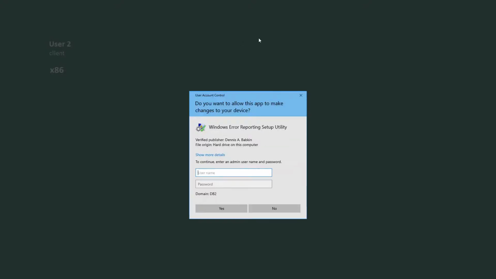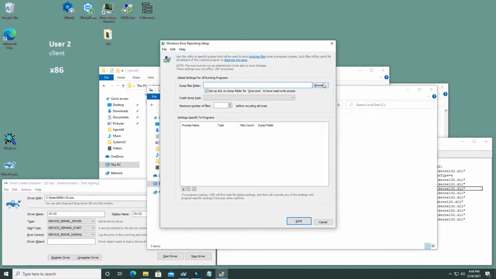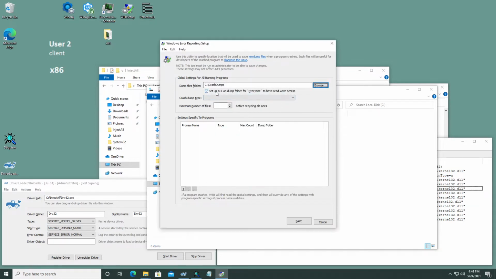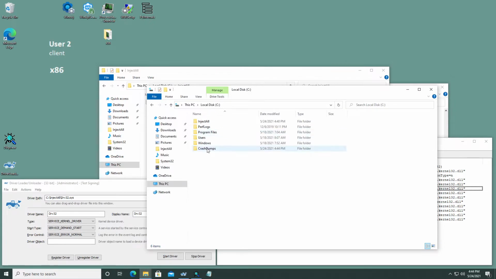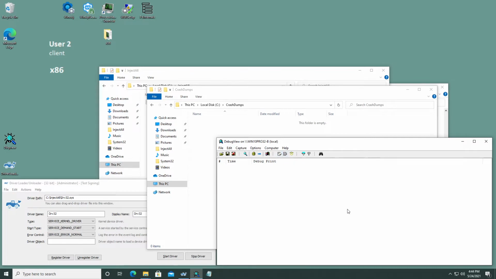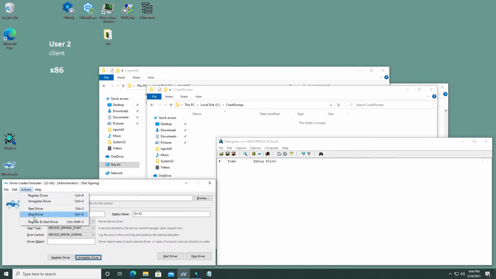We need to run this WER setup tool as administrator. And we need to go into C, new folder, crash dumps. Click OK. We'll set up an ACL for it. And we need full dump, and let's see, 10. Let's save it. And how about we clear this? Start the driver again. And run